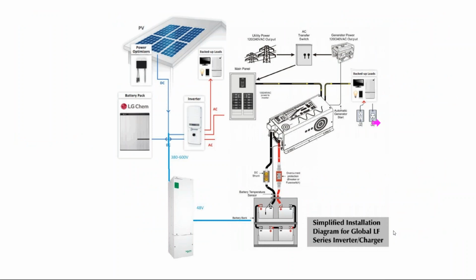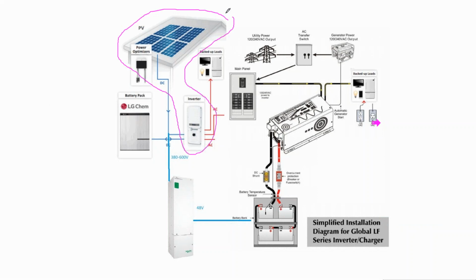So this is the Franken solar kind of design, where let's assume you already have a solar array with an inverter. Or maybe you want to go with a solar array and the SolarEdge system that has the lithium ion battery pack. And that's going to be a grid connected array that sells back to the grid. And then your battery pack is going to be able to protect some critical loads.